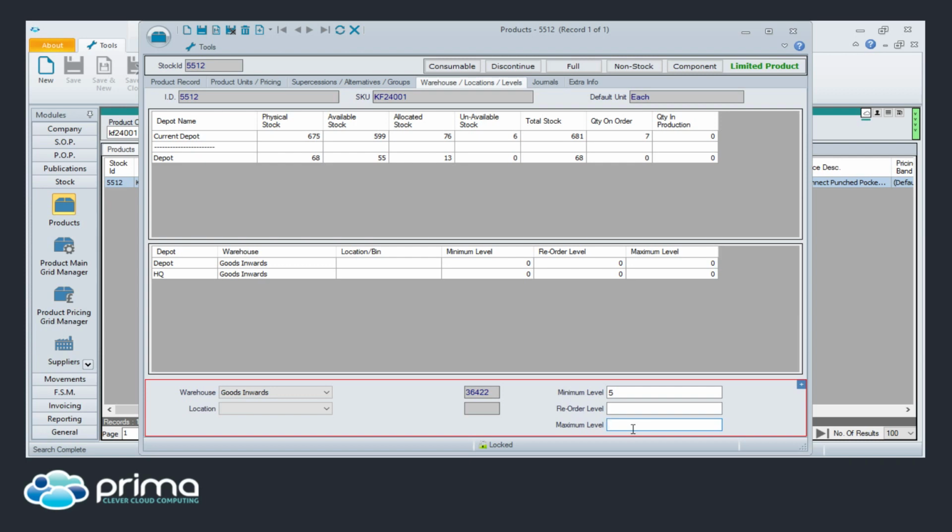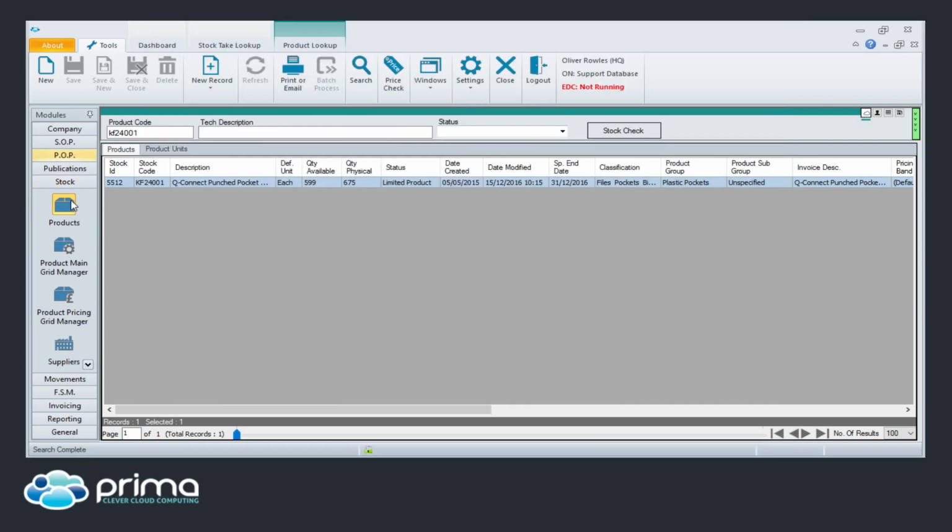So the reorder level, for example it hits 5, and then that'll trigger a way to your requirements, so then you can build your purchase order for it. The minimum level would allow you to go down, but it's kind of like an indicator rather than forcing you to reorder. So if I set that to 5, save the reorder level as 5, for example, and then what you would do within POP and requirements,